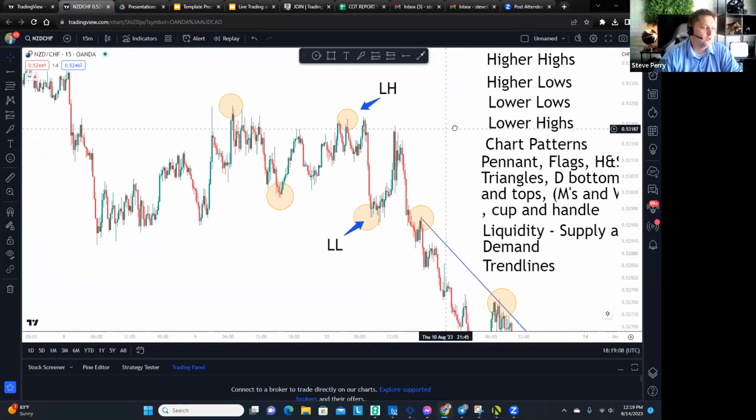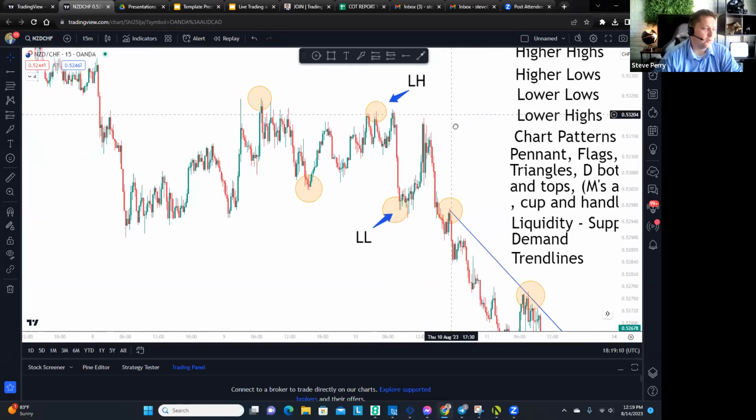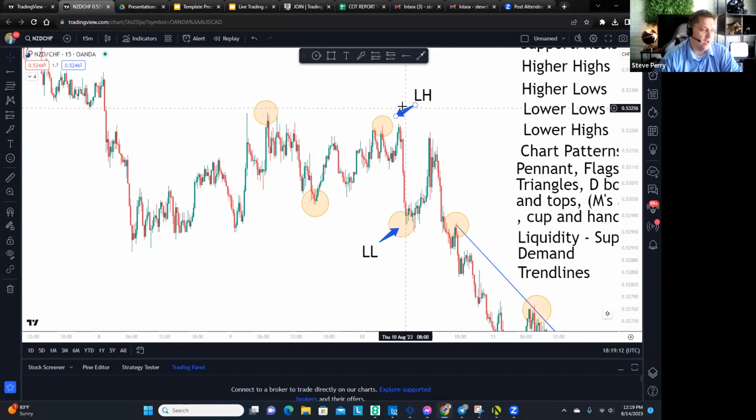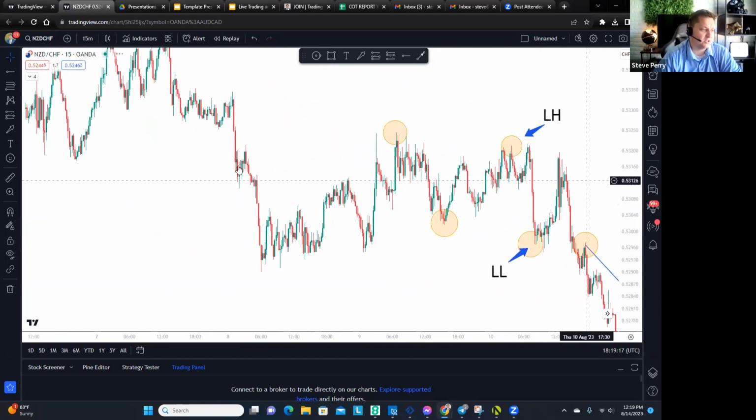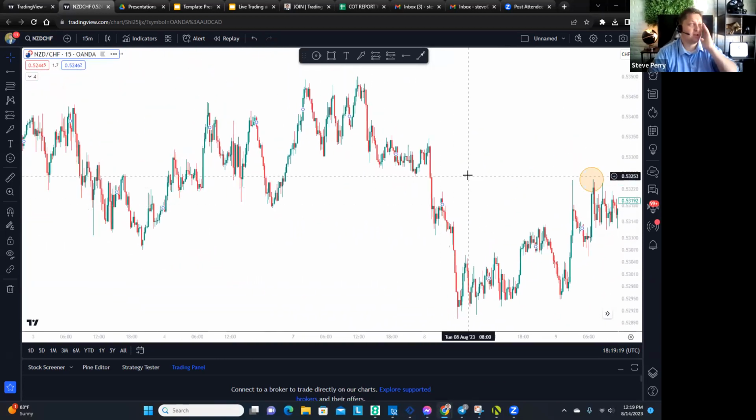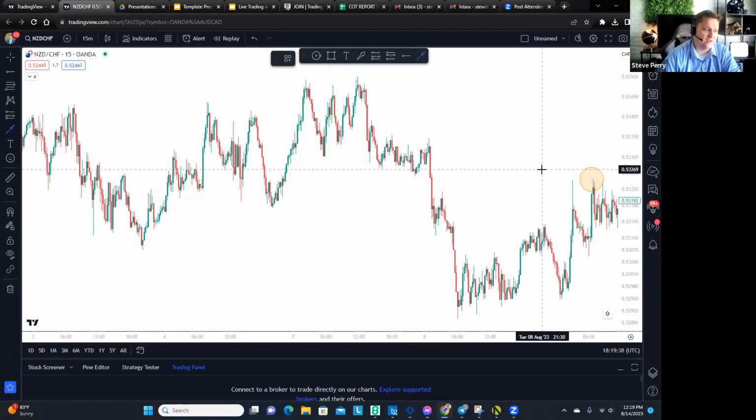Like we were just looking at this chart right here, you have lower highs, lower lows. So let's talk more price action. Here's what I want you guys to do as a homework assignment, but also as something we're going to do together right now. Go back to any chart. I don't care what it is. It could be currency pairs, crypto, the stock market, or the bond market. Pull up any chart on any time frame. Go back and find the biggest moves you can find.